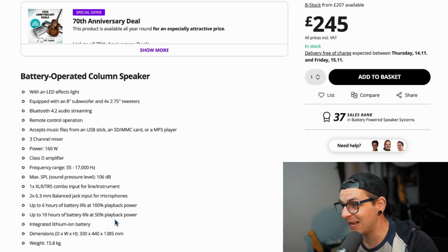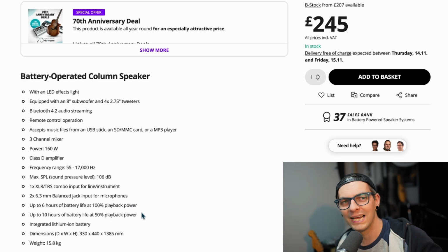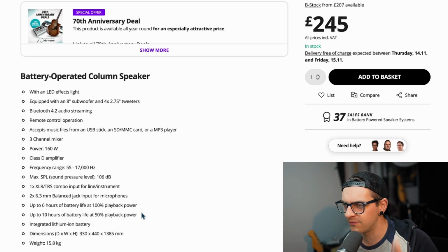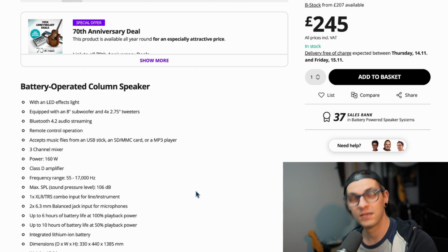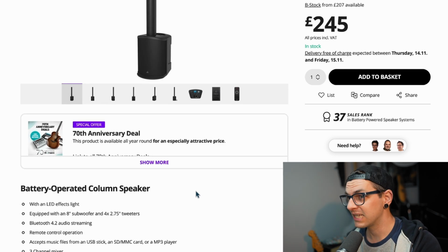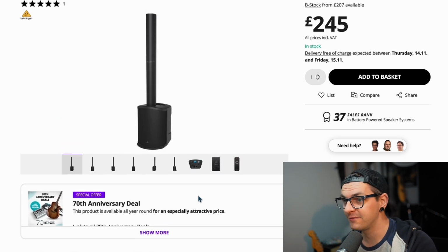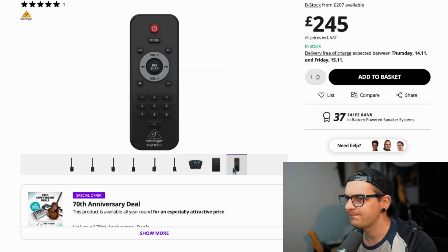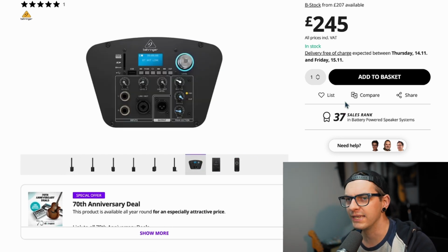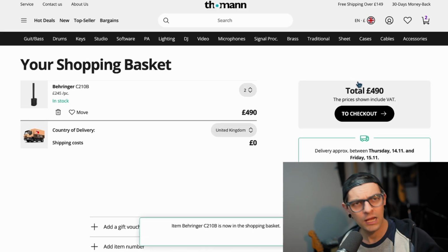Yes, the battery power is a lot lower, but for the most part these are being used for an hour to 3 hours at the very most. Charge it up after, you'll be fine. If you're busking, obviously the Ed Sheeran one seems to have massively great battery life, but for our case, for something that's flexible and usable, I don't think you can go wrong with this. I think we add 2 of those to our baskets and move along to the mixer. Now,